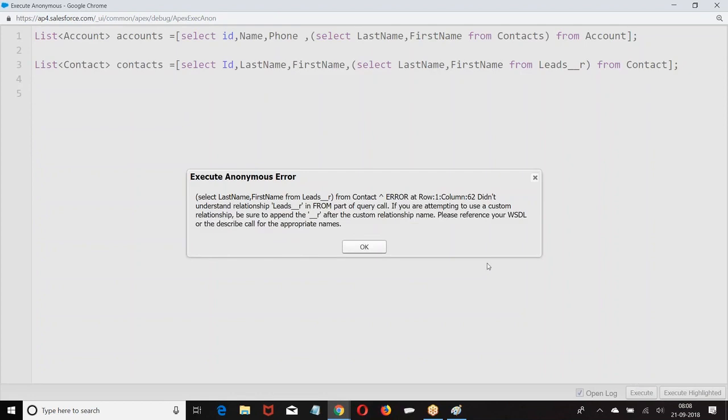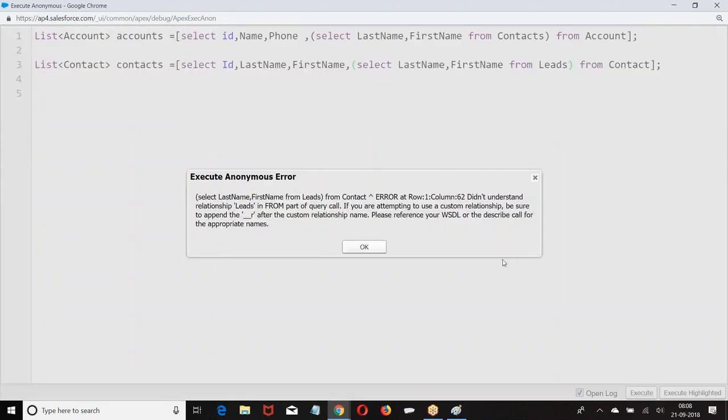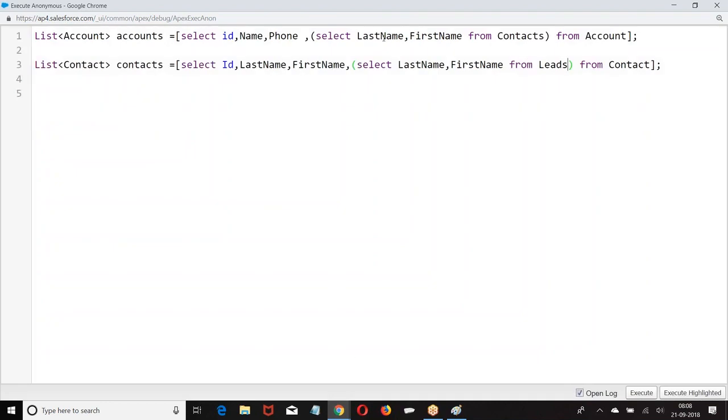See what the relation is here? Unable to understand the relation. Sorry, it's vice versa, right? On the contact object I created this. Contact is the parent.